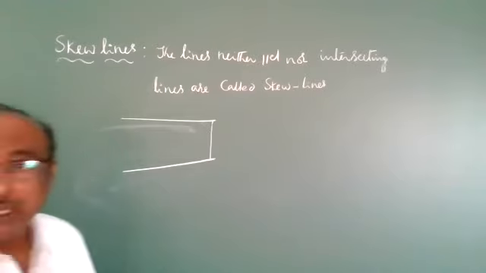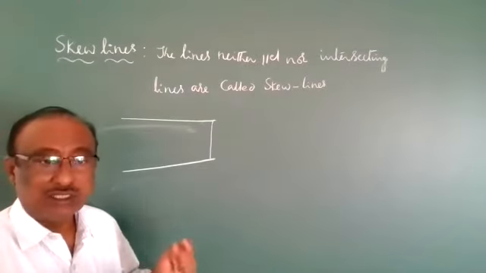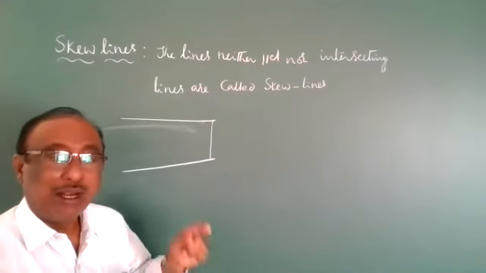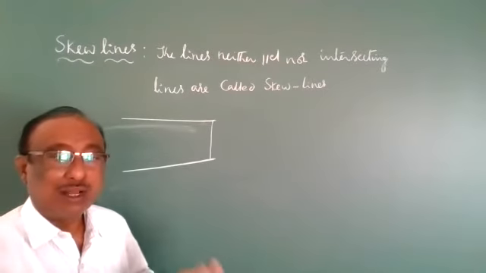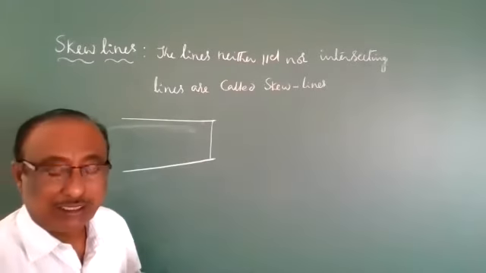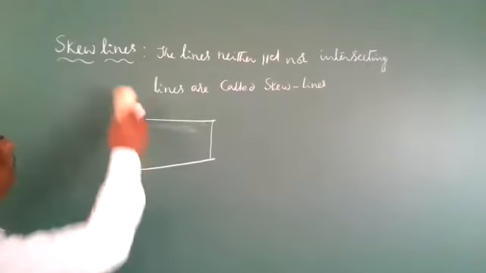Next, I go through the theorem. What is the important theorem? Find the shortest distance between the two skew lines. So they will ask vector form and Cartesian form, but we should find out the vector form. Next, similarly, we can write the Cartesian form. Everyone write down the theorem.